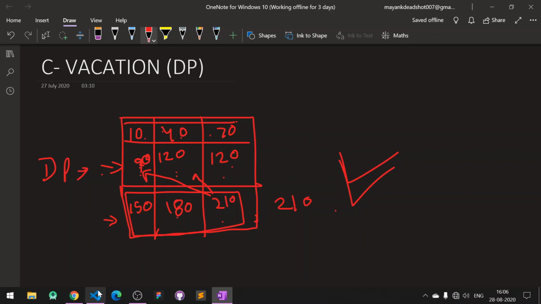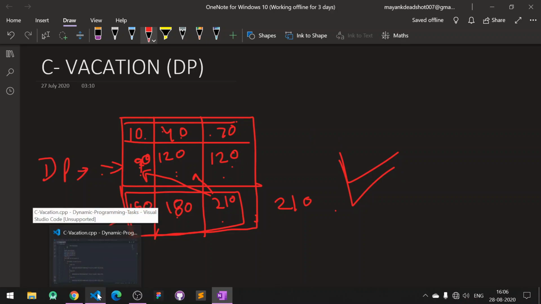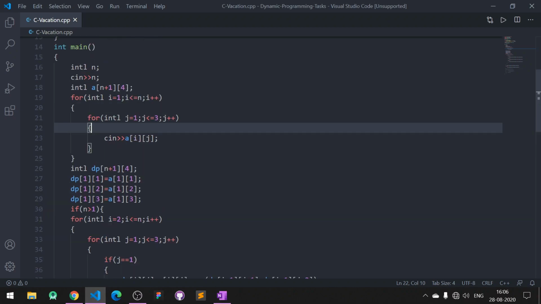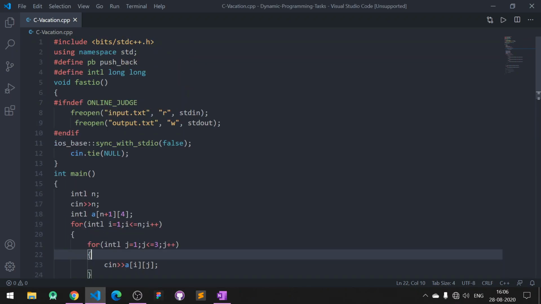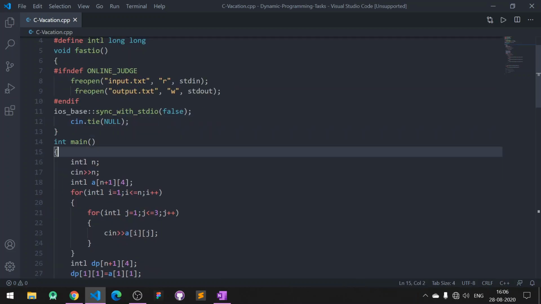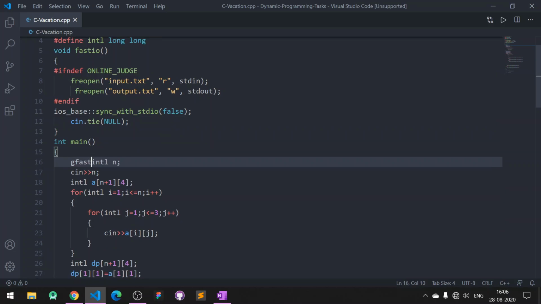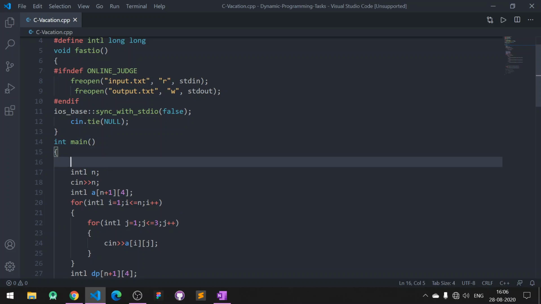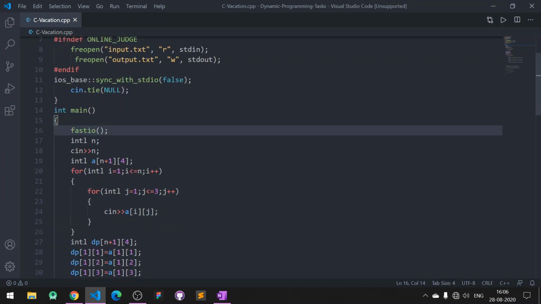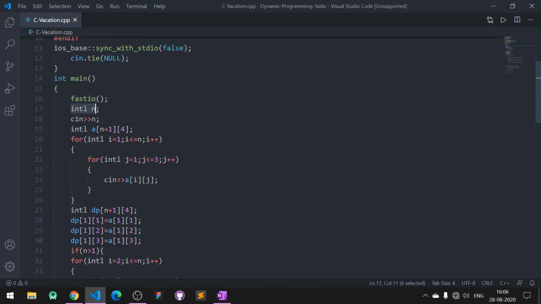Now I will show you how I have done it in my code. First of all, I have included this statement just for fast input output. Then n is a long integer, because n ranges from 1 to 10 to the power 5.